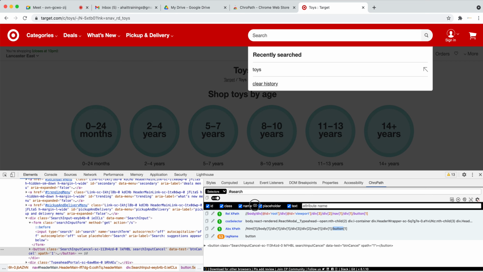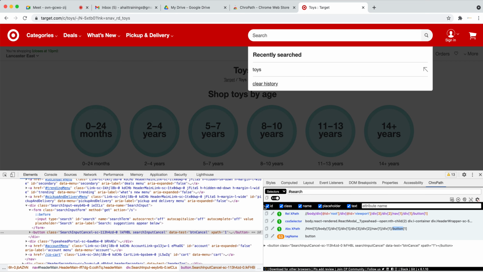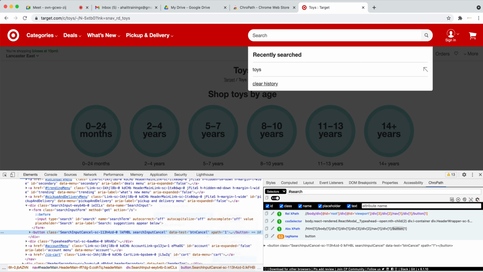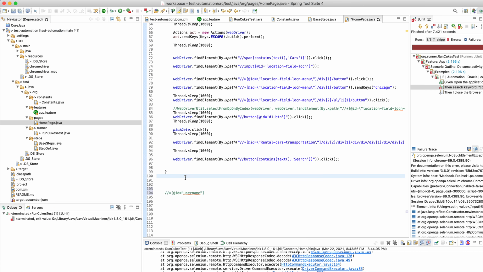What I can say is getting the XPath is the toughest job. You have to think, you cannot simply copy paste, right? You have to see, okay, what is the best XPath I can take out of these three options. Or you can go here and see copy XPath, and you can also see this option.